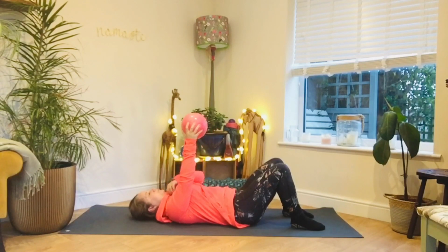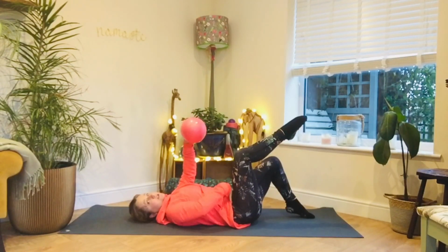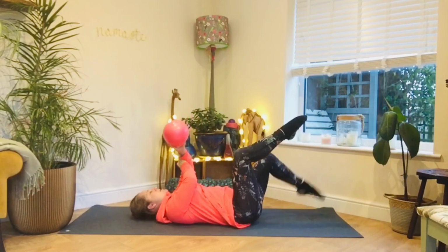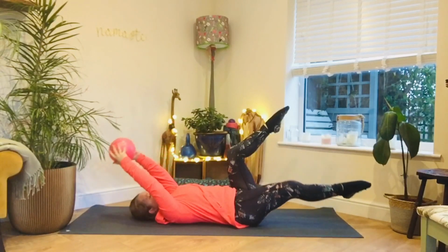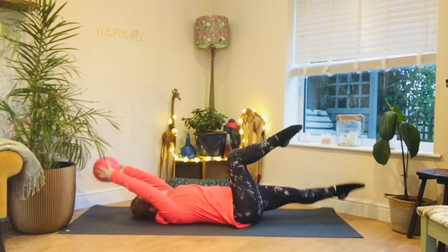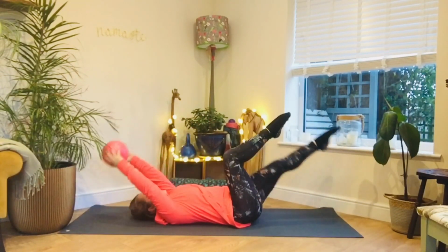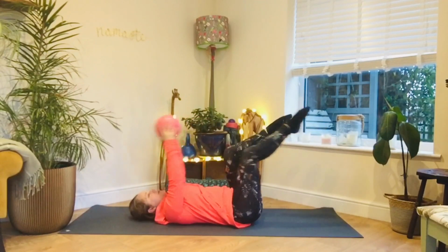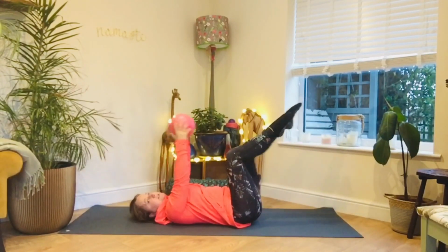So you're going to take the ball, hold it up above your chest, then lift one knee up, check that you can still feel that engagement, back pressing down, then take the other knee up. Then all we're going to do is extend one leg as we take the ball overhead, draw it in, do the other, and in, other, in. So making sure at no point that the back lifts up and away. So thinking about the imprint as you extend,